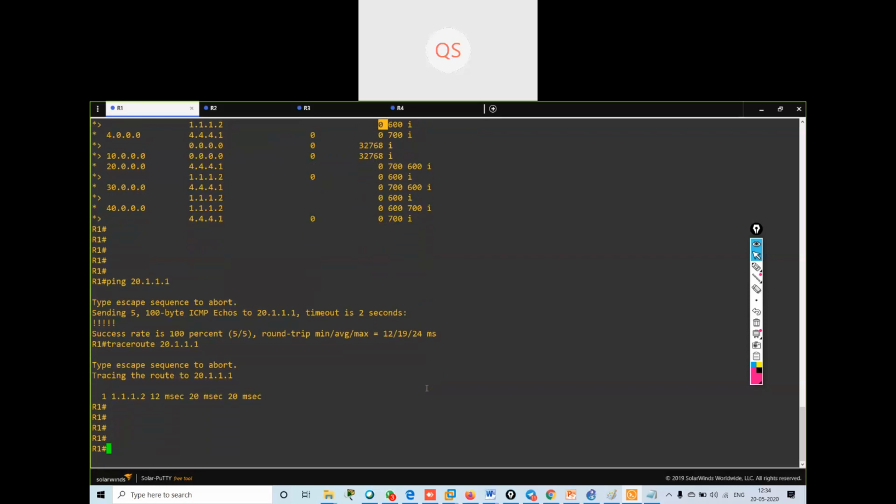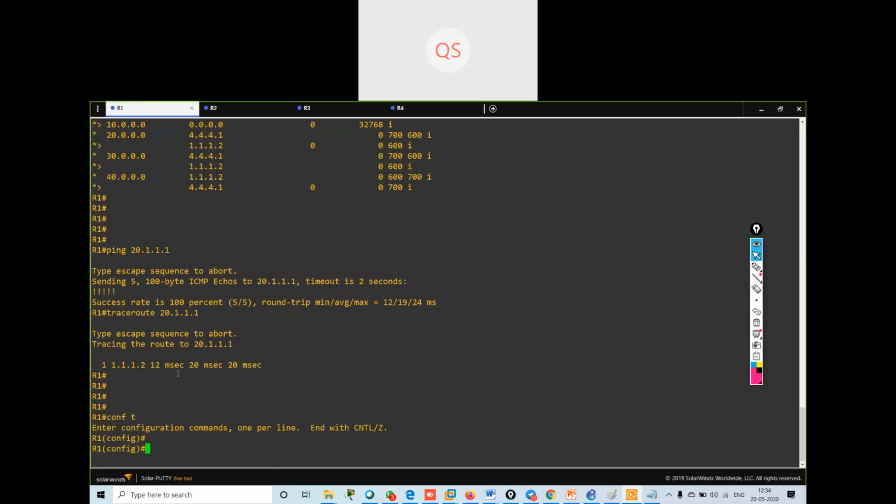So to change the default preferred route, which is via R2, and make it via R4, we need to apply the higher weight to R4. We have to make the higher weight on the R4 side.